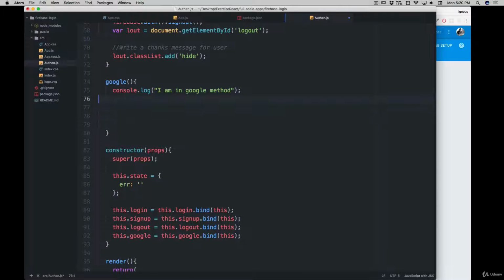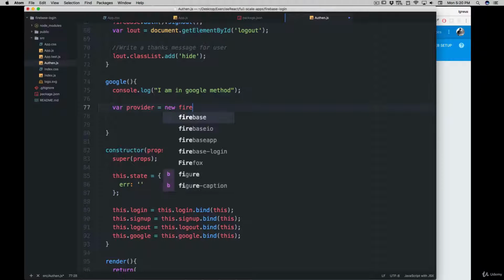Now how you can proceed. Proceeding is really simple. First of all, you have to call a provider there. Okay, that's step number one. And in the provider, we are going to create a new instance of Google Auth provider. How do we do that? We write the keyword new and then we are going to simply call